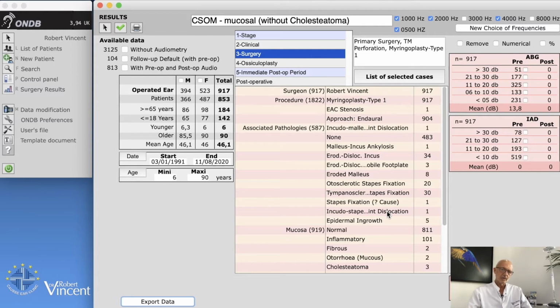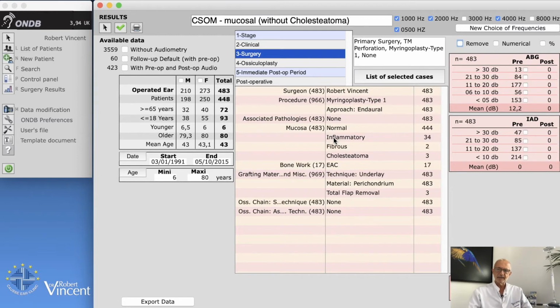So let's say that, of course, I want to remove some of this associated pathology, so I need to remove all these things. So, well, let's go for, no, it's better, by the way, to use none. Associated pathology, 483 cases. So by clicking on this line, it's clear that the program will select only cases with